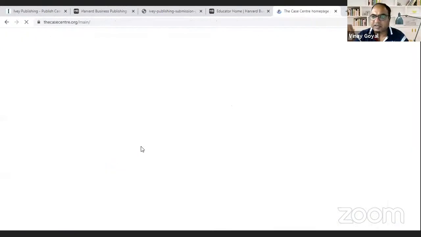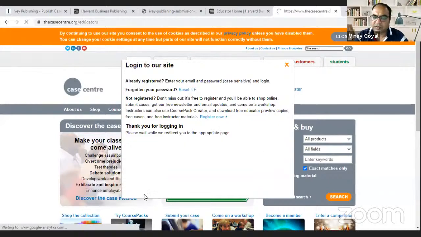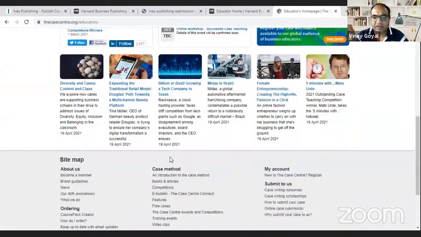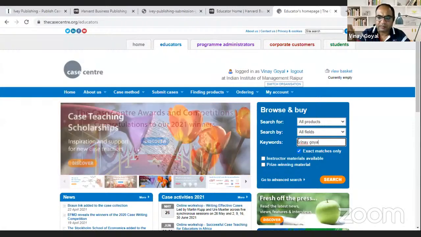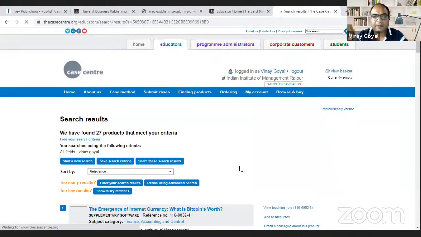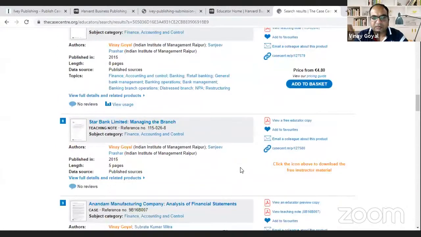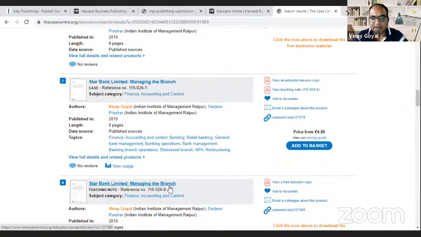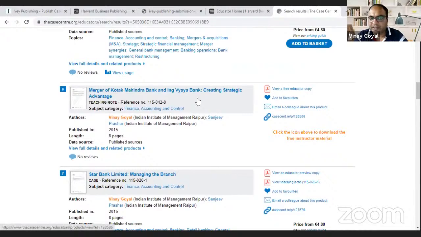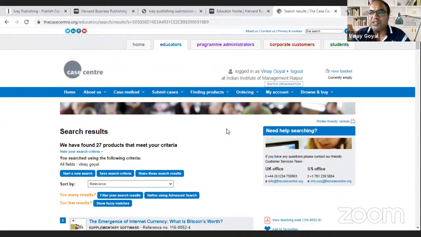So here you can see this is the website of case center. Again I'll do the login here, the same condition for login. Here also all the cases are available, and the cases of Harvard are also available. If I write my name, Vinay Goyal, you can see all my cases coming here. Ananda Manufacturing Company, now this is the IV case, but it is available here. So I have also published cases here. This is Star Bank Limited managing the branch. This is my case. Again, there is another case, merger of Kotak Mahindra Bank and ING creating strategic advantage. Now, whenever I write a case and these cases are not published in IV or Harvard,